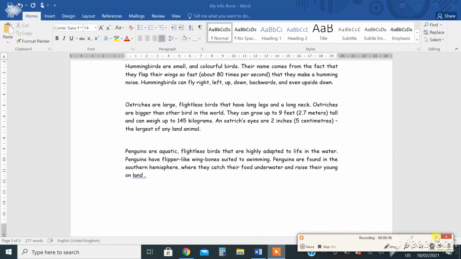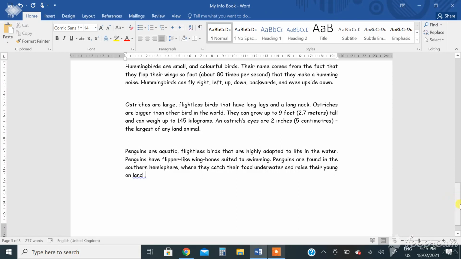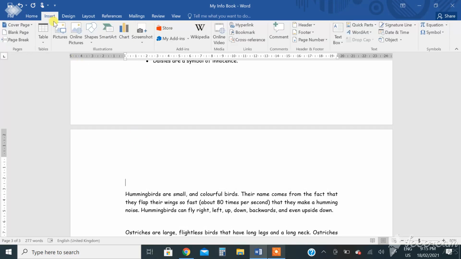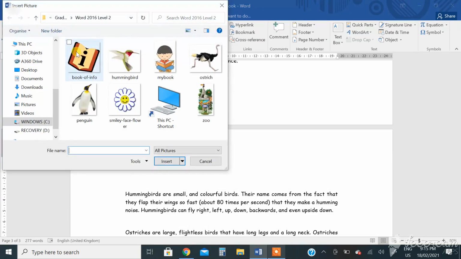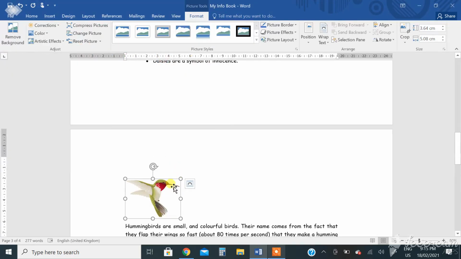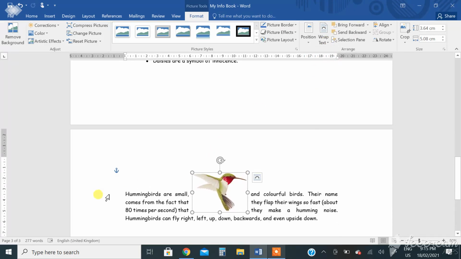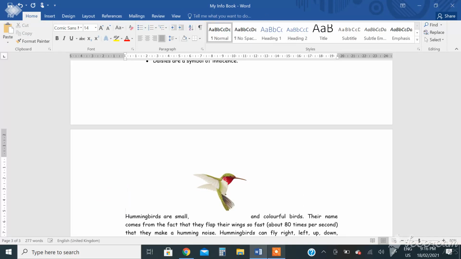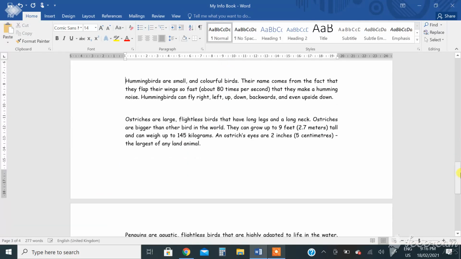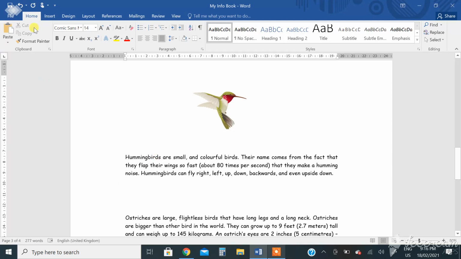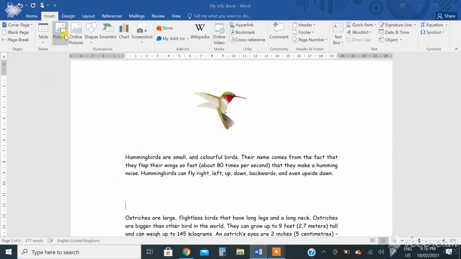Okay girls, now you have to insert the pictures. So I'm going to insert the pictures, Insert, and pictures one by one. This one, go to Wrap Text Square. Okay, next picture, Insert Pictures.